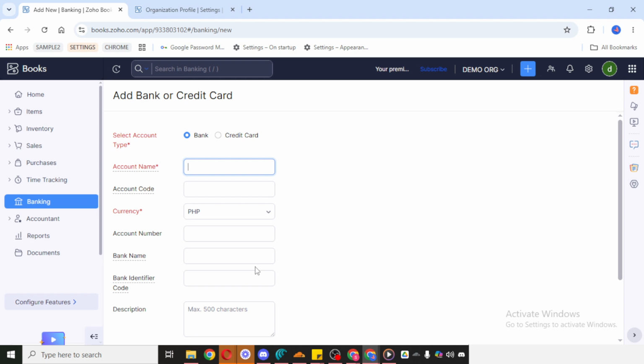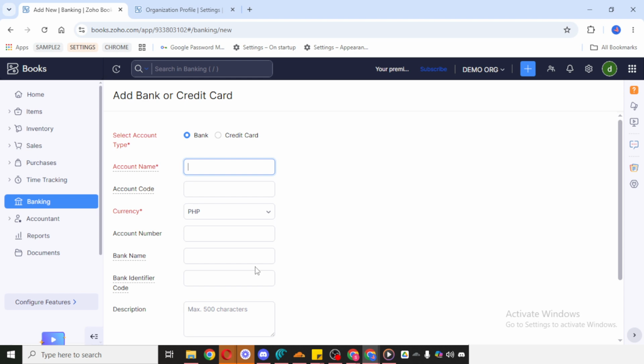After selecting the bank, enter the necessary details requested on the screen. The exact information may vary depending on your bank and the type of account you're linking, but Zoho Books will typically prompt you for the required banking information needed to complete the connection. As you enter the details, double-check everything for accuracy. Even a small typo can cause issues with the connection or delay the setup.